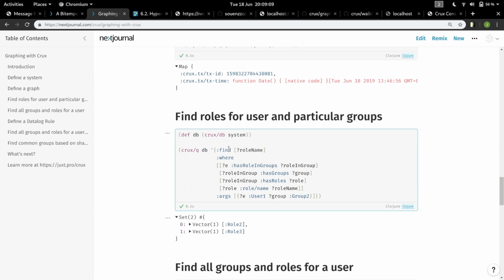But you're able to do this, and you're able to chain it as well because you're using the database as a value. With these DB snapshots, you can very efficiently say, here's one part of my algorithm, and I actually then want to do a bit of Clojure, and then here's the next Datalog query, and you can do that very efficiently because it's all sort of close. If you're running your code with Crux close to it, as an embedded library, then you're able to very quickly traverse a graph without having huge n+1 lookup problems, which is valuable. So that's one example, finding roles for a user in a particular group.